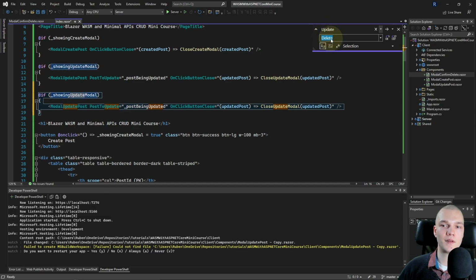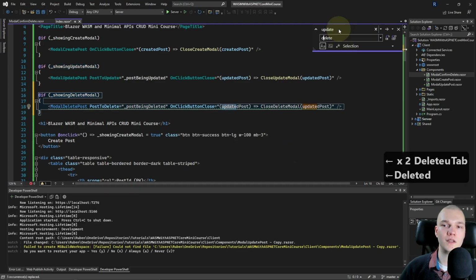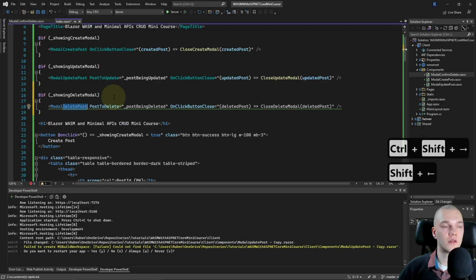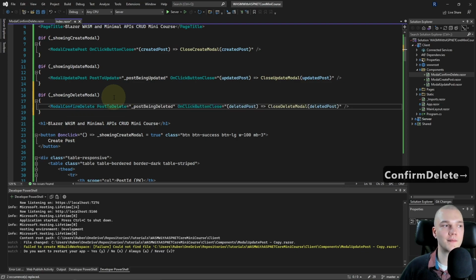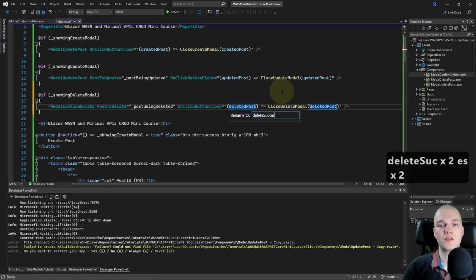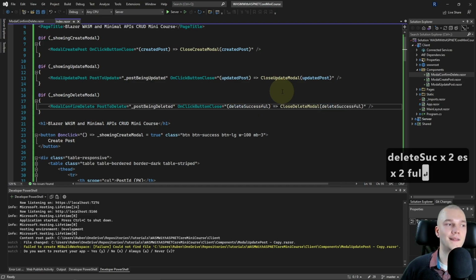And I'll replace capital update with capital delete, Alt A. I'll replace lowercase update with lowercase delete, Alt A. Okay. And then I'll change the component name to modal confirm delete. And finally, I'll rename the onClick button close argument name with Ctrl RR to delete successful, and enter that.